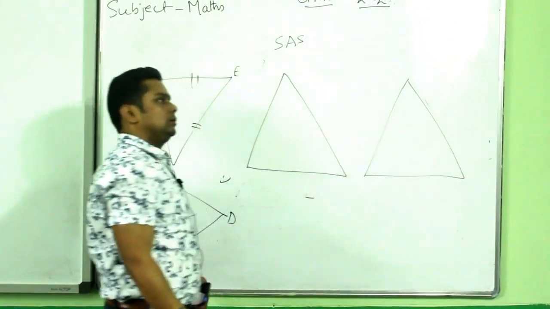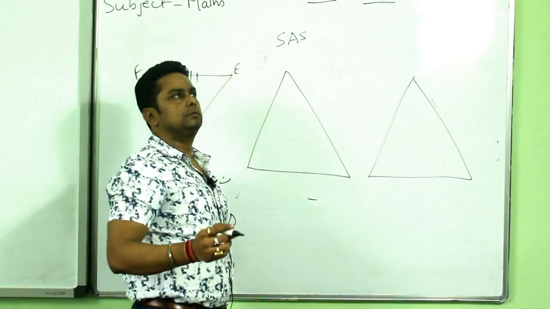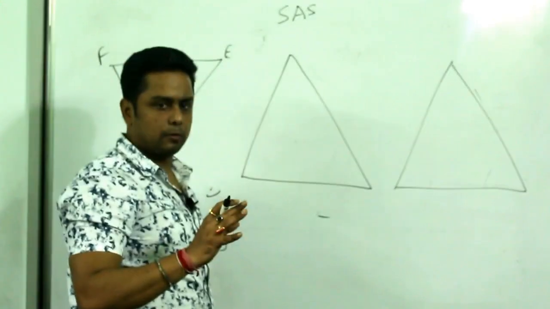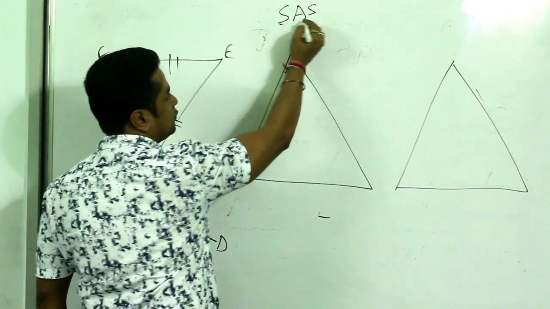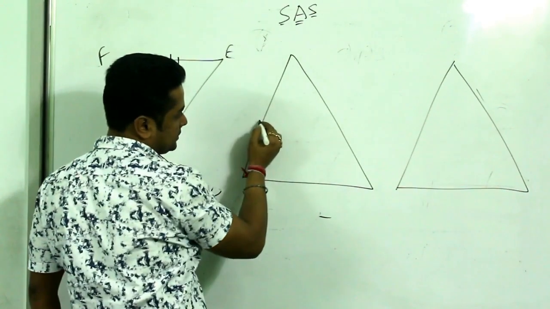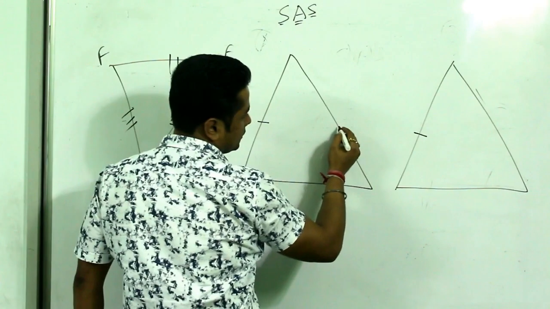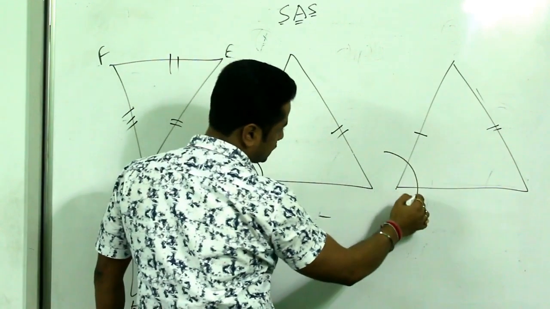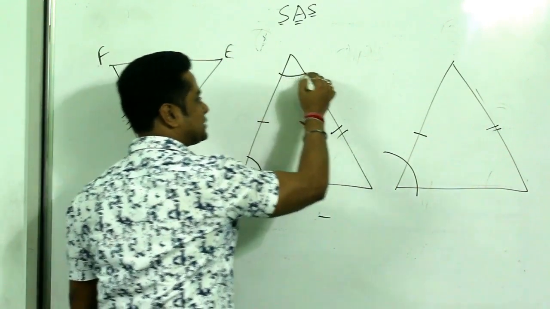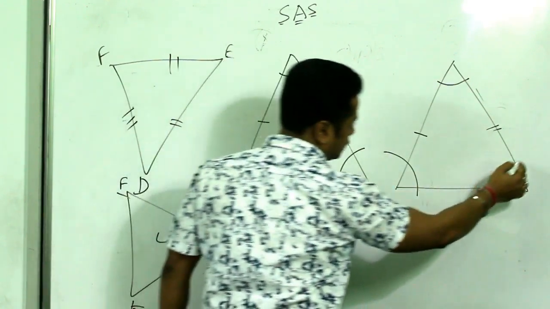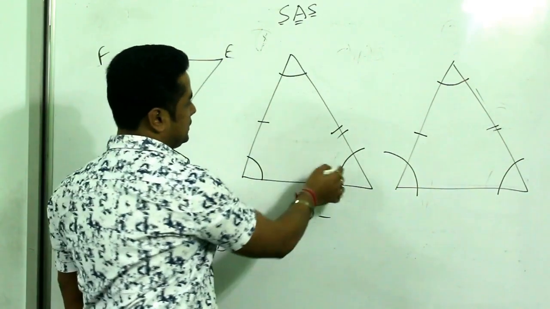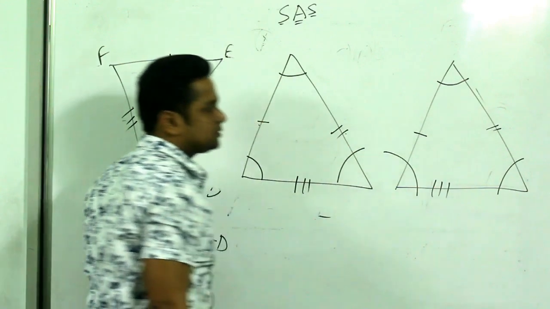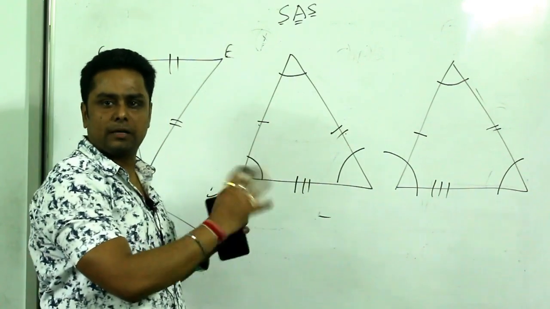I told what? Two triangles are congruent means they are equal in all respect. Sides are equal, angles are equal, everything is equal. So I told you two sides are equal and one angle is equal. Suppose this side is equal to this side, and this angle is equal. Automatically you will see this angle has to be equal to this angle. Then if these angles are equal, and these two sides are also equal, then this third side automatically becomes equal. That means these two triangles automatically become equal.